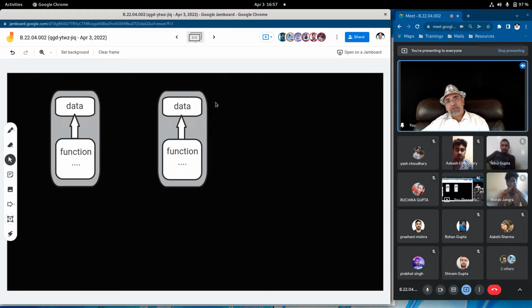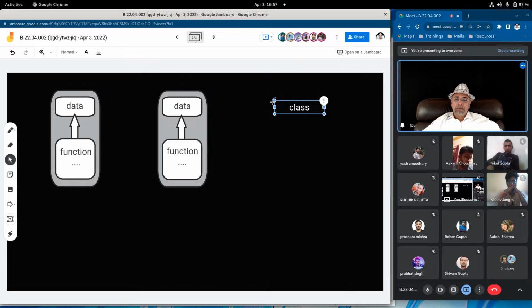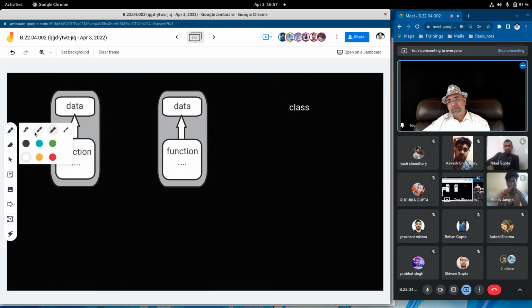Now what I have explained just now is something called a class. In which you will define what the data is, what the function is, which function will access what data, and how the function will access data. This is called a class.